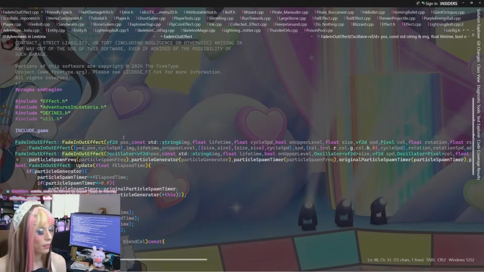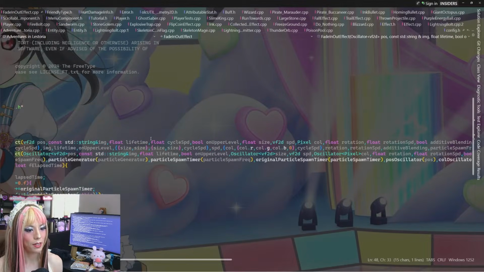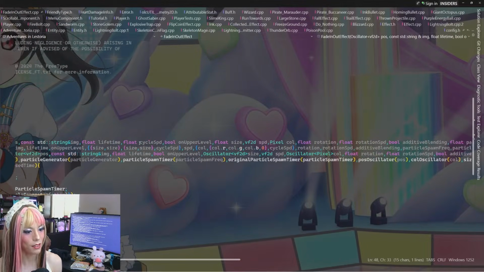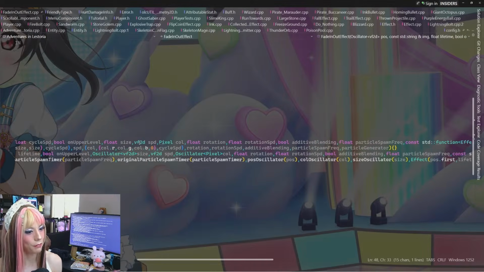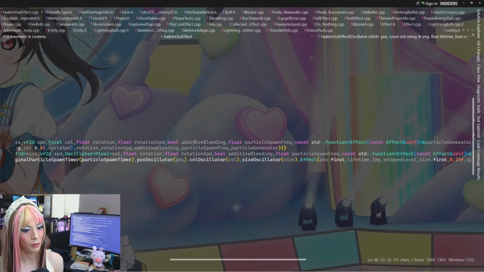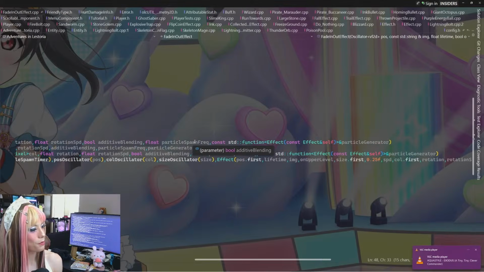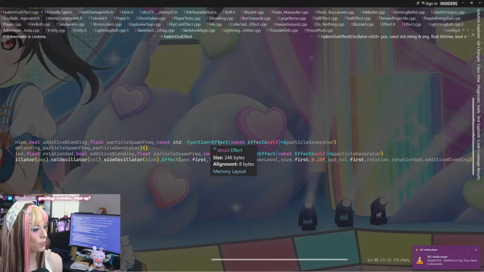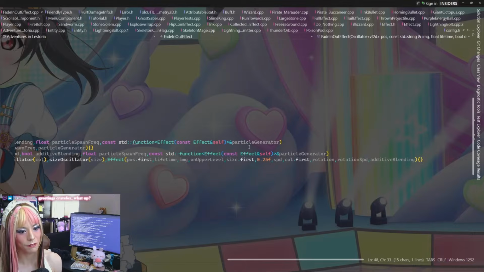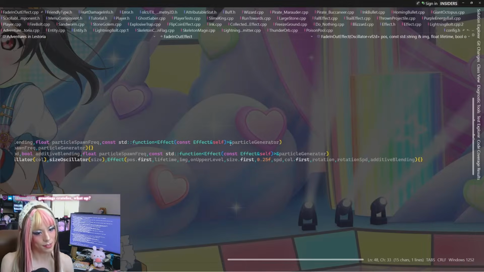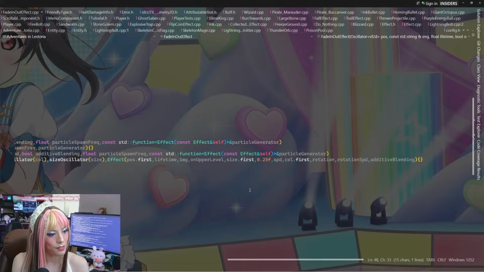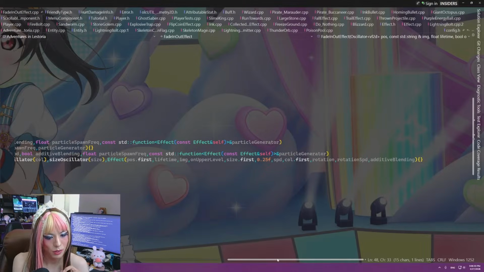So it's supposed to be vf2d pause, const string image, float lifetime, float cycle speed, bool on upper level, float size, vf2d speed, pixel color, float rotation speed, bool additive blending, float particle spawn frequency, a const standard function of return type effect with const effect reference. Self. Okay. I mean, it looks correct.